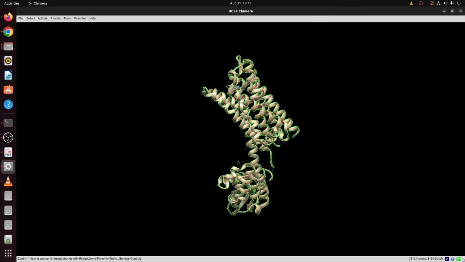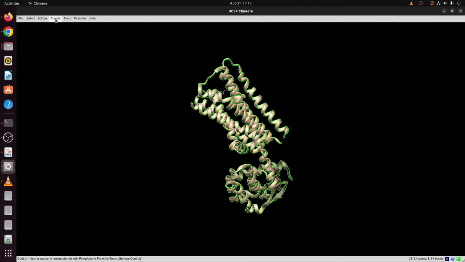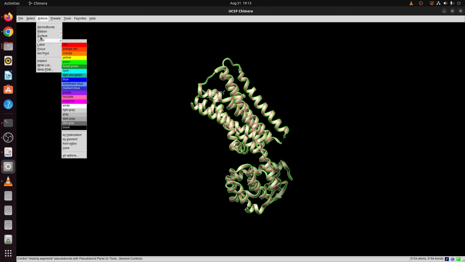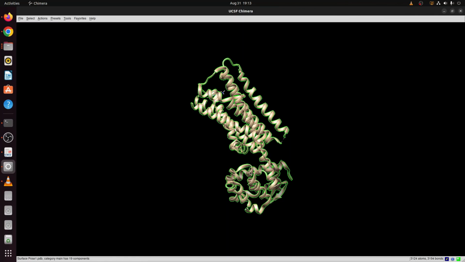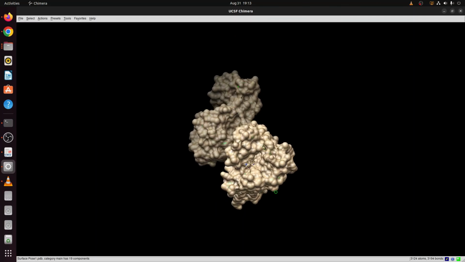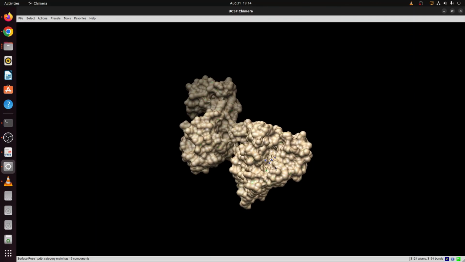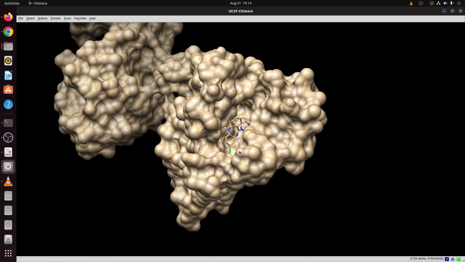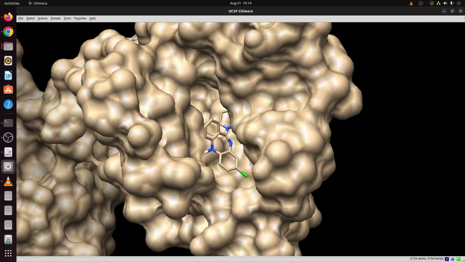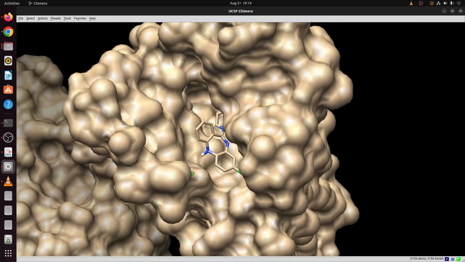Okay, and then I will go to presets, I'll go to tools, I will go to actions. I will go to surface, and on surface I will put show. So this will show you the protein like this, and you can see your ligand inside over here. Okay, so if you just see your ligand like this inside, inside the cavity,